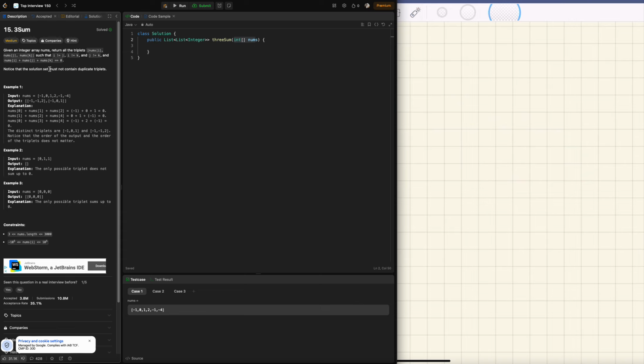And we are not allowed to have any duplicate triplets. Meaning that if you have -1, -1, 2, we can't really have another -1, -1, 2. Right, so suppose we have the